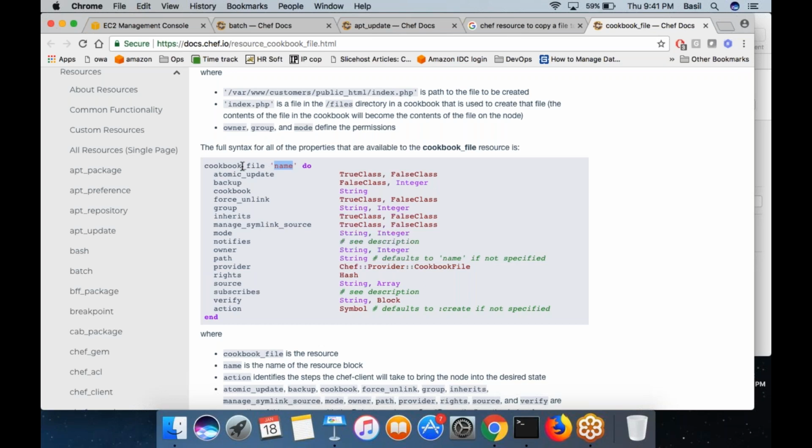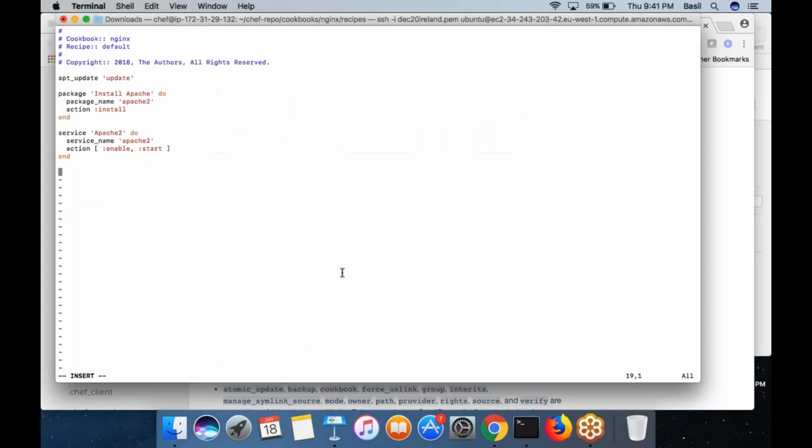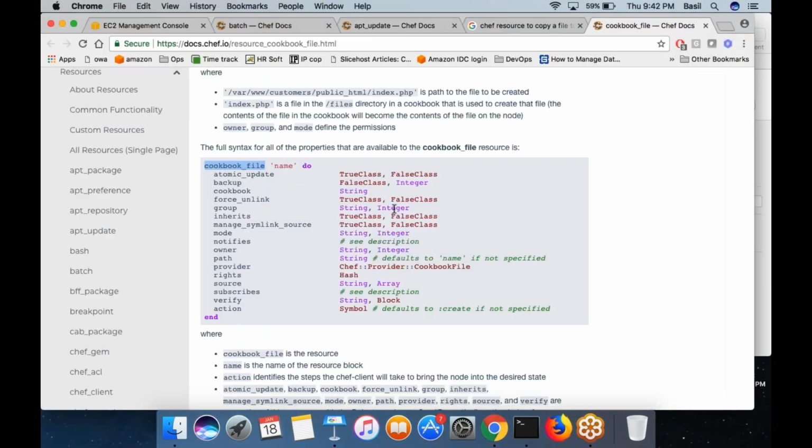So it's up to you. Maybe I will copy the index file and give it a simple name. Start with a do, end with an end. In between I am going to write down the configuration.